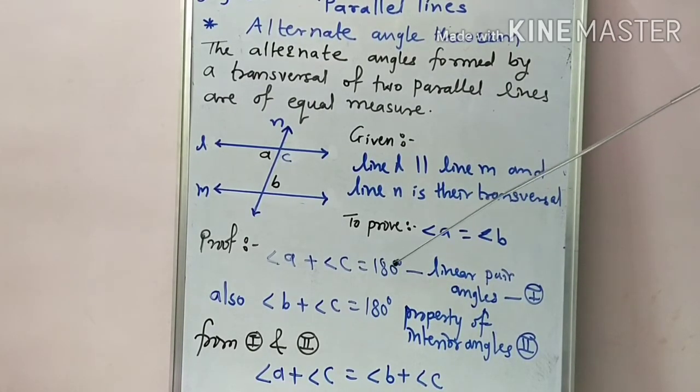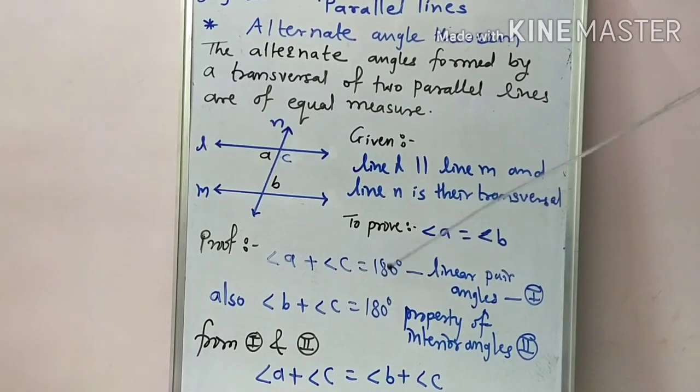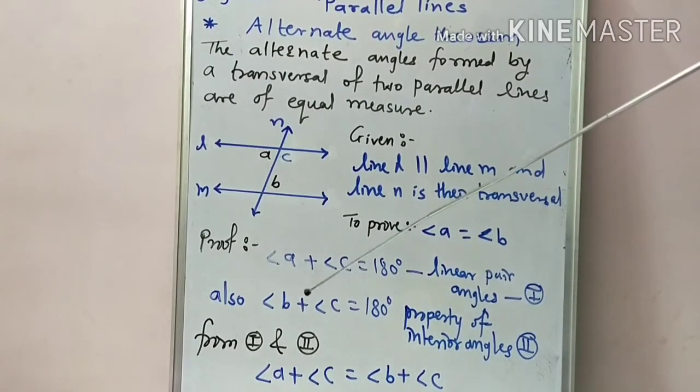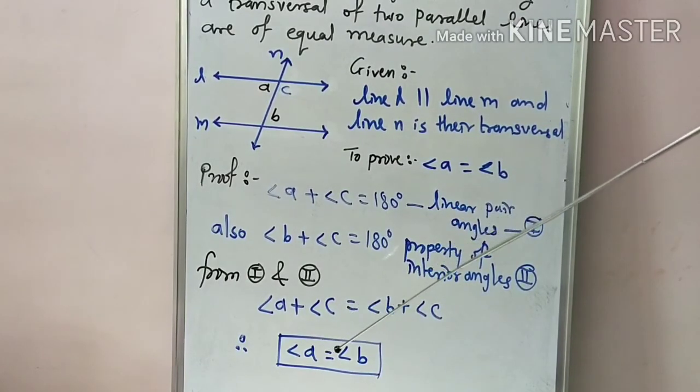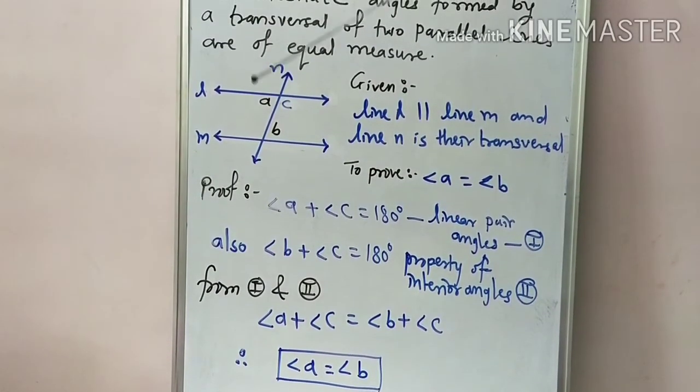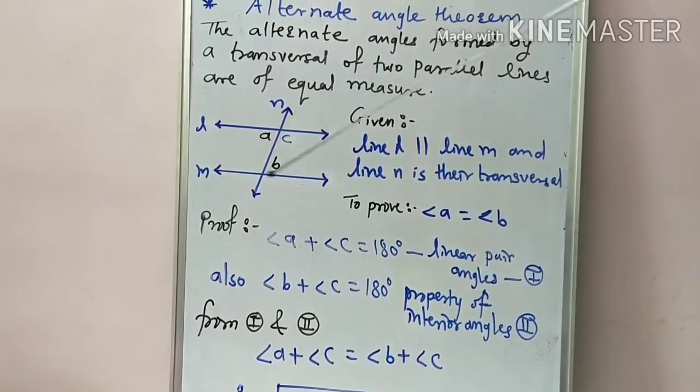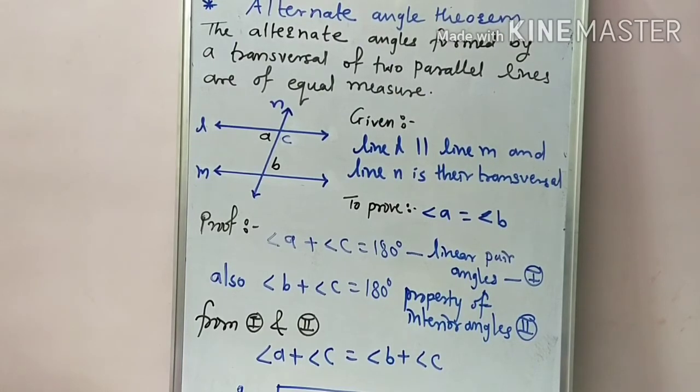So here we observe that the right side is the same, which means the left hand side addition is also the same. So angle A plus angle C equals what? Angle B plus angle C from 1 and 2, so that C is eliminated, and hence we get angle A equal to angle B. And in this figure angles A and B are what? Alternate angles. It means if lines are parallel, then a pair of alternate angles is also congruent.